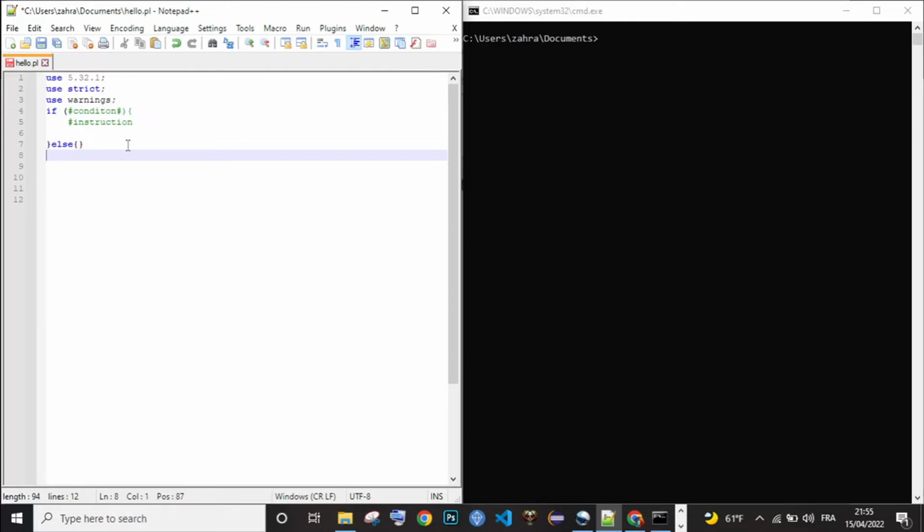There is another way to write a condition, and that's by using unless and your condition. And it's practically the same thing as if not condition.